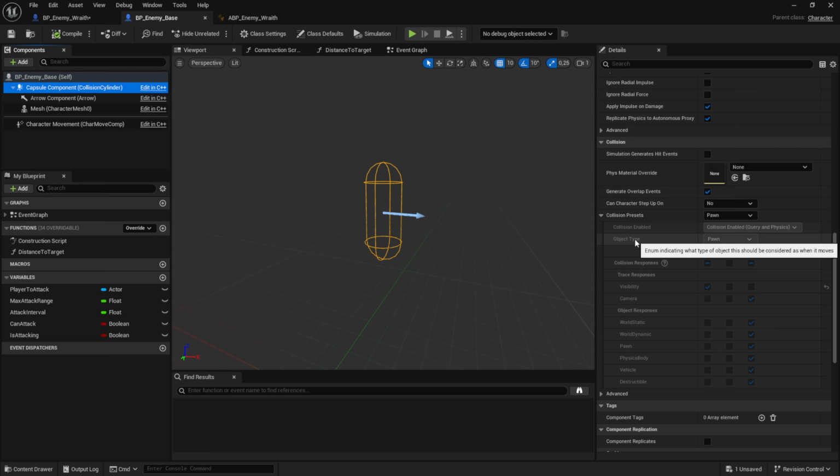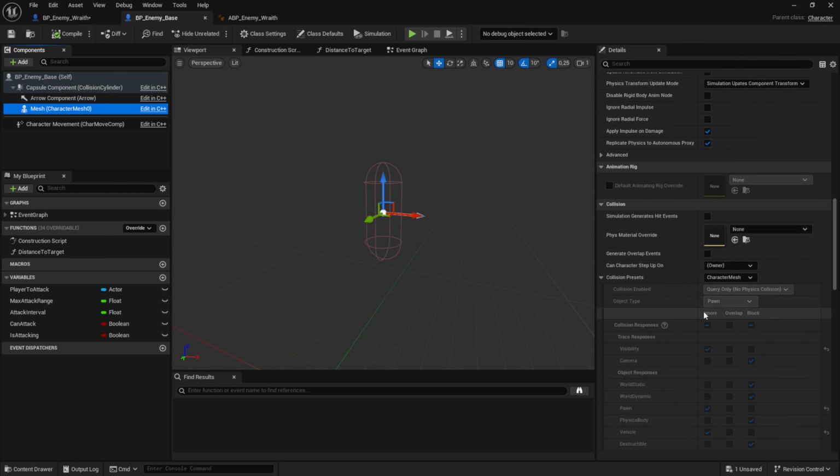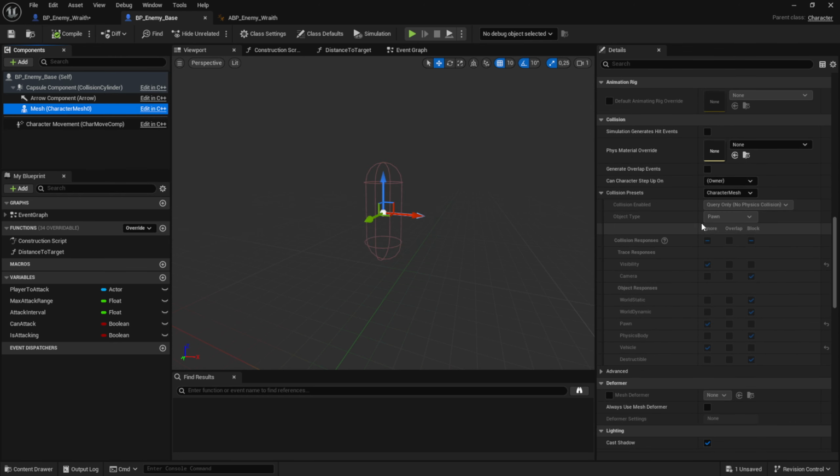We simply want to look at the object type. The object type over here is pawn, and if we look at the character mesh, then the object type is also pawn. This is called the character mesh, but that's simply the profile we're using, and again, we cannot identify the profile. So to make sure that we collide with the actual mesh and not with the capsule component of the player we're shooting at, and also not with our own capsule if we spawn the projectile, we want to do some